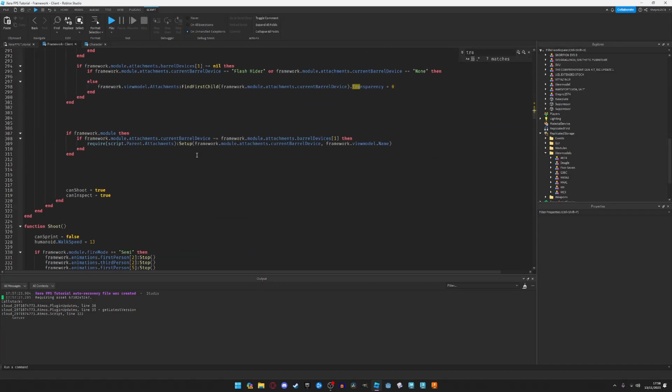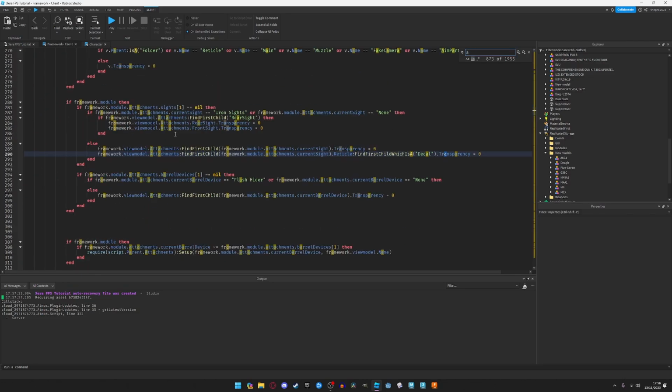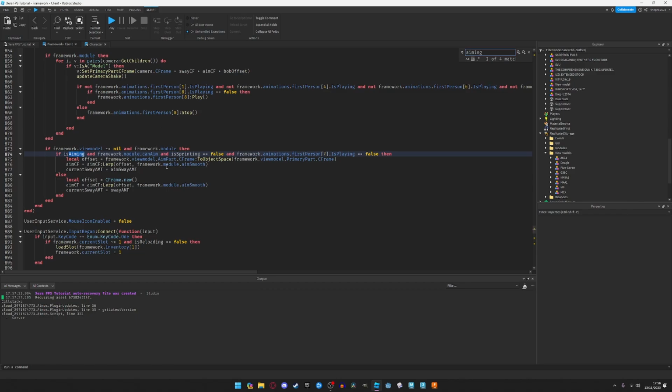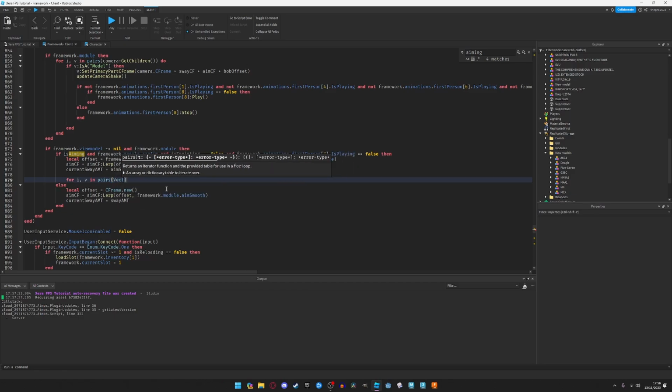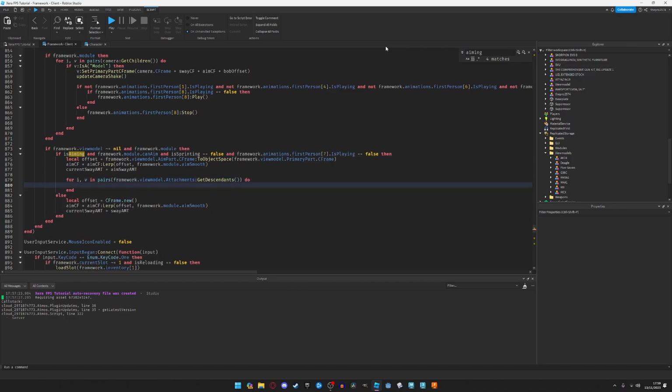So, in here, we're gonna say if is aiming, then for i, v in pairs framework.viewmodel.attachments. I think that's how he spelled it. Capital A. Colon GetDescendants do. If v colon is a decal,